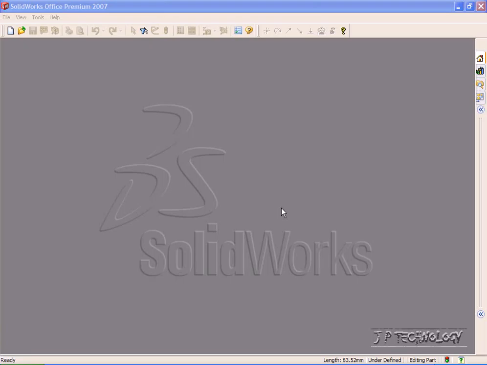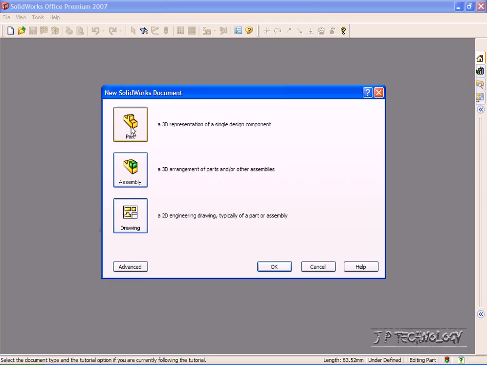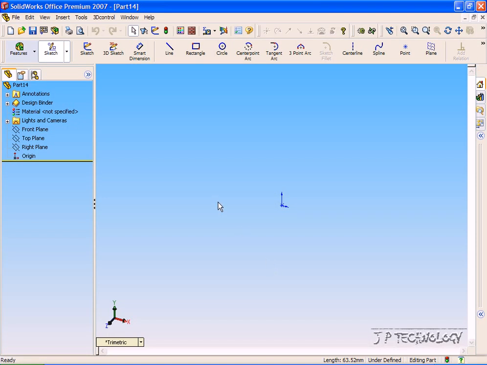This is tutorial number 106, and it covers how to use the Rotate Sketch feature within SOLIDWORKS. Now to start off, let's open up a new part. So let's click File, click New, click Part, click OK. So we're going to be covering how to use the Rotate Sketch feature, and what that's really going to do